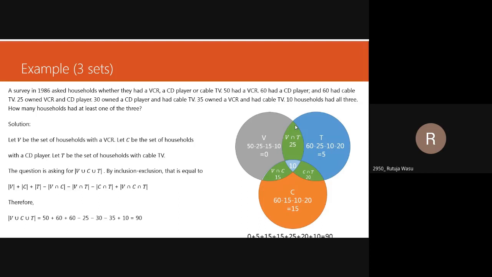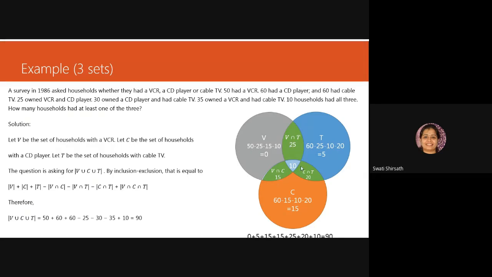Here goes the Venn diagram. VCR is this thing. Now, Venn diagram means you have three values to be deducted from the particular set. What are those values? That is, V, T and C we have. So here V is having common values with T and C both, plus common values of all three. That is how this cardinality of V, which is 50, is deducted. These three values are deducted from that 50. So 25, 10 and 15.